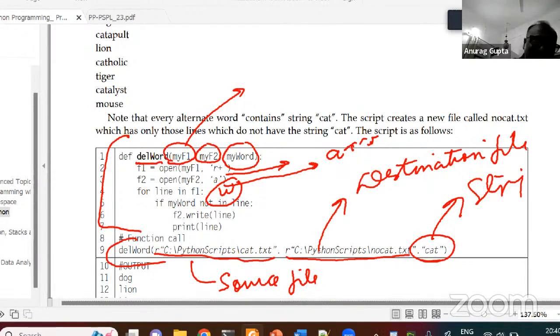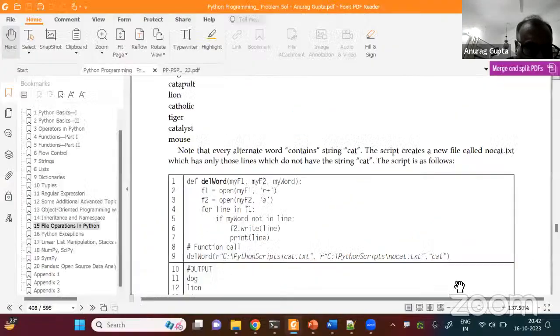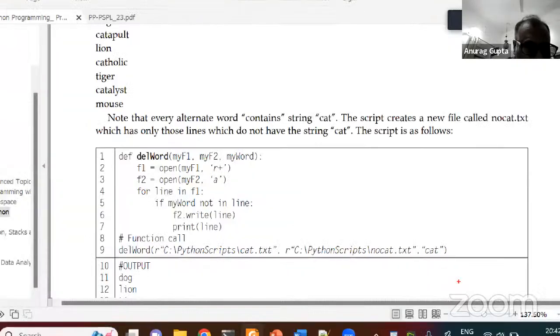Because you see, programming is like a painting or a drawing. Everybody will have his own perspective. So you try out these things and you can find on your own. But the point is that you should understand how this thing works. So now there are two files. The first file is open. The second file is also open. Notice here I'm not using with.